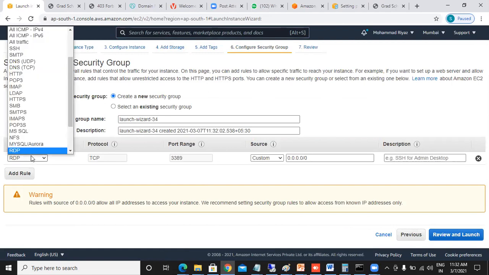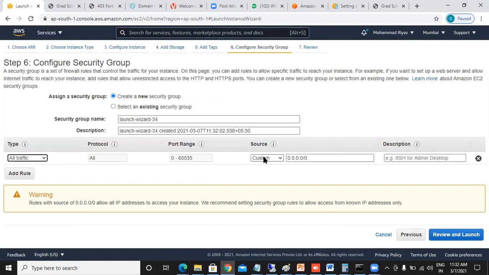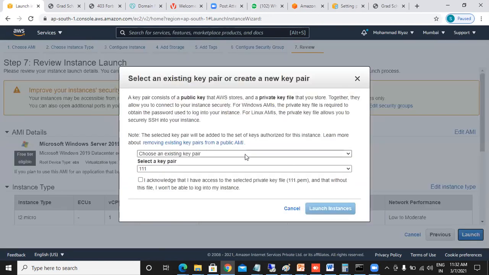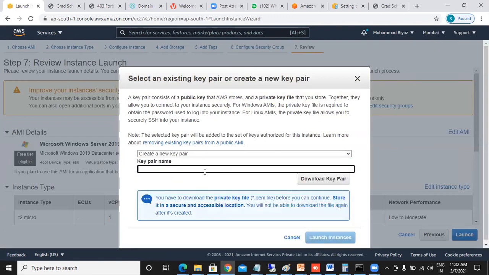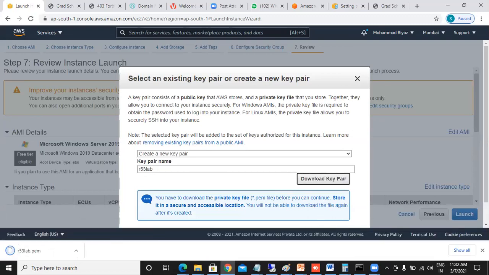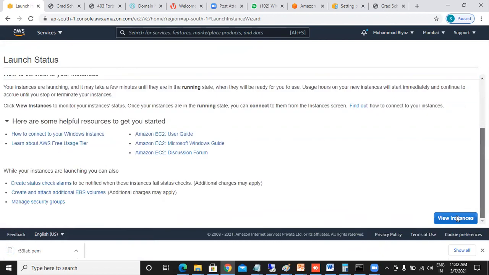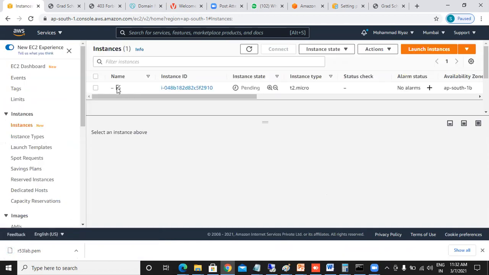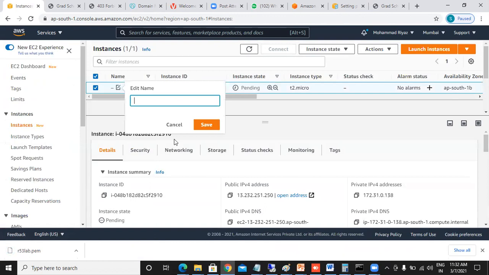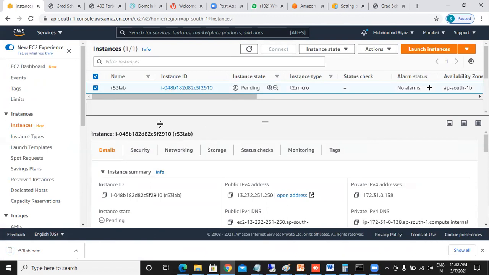I'm saying all traffic, anywhere, review and launch, create a new key pair, R53 lab, download key pair, scroll down, launch instances. So I'm creating quickly one EC2 instance to launch the web server. The website I'm launching, I will say R53 lab, save. Now this is getting created.